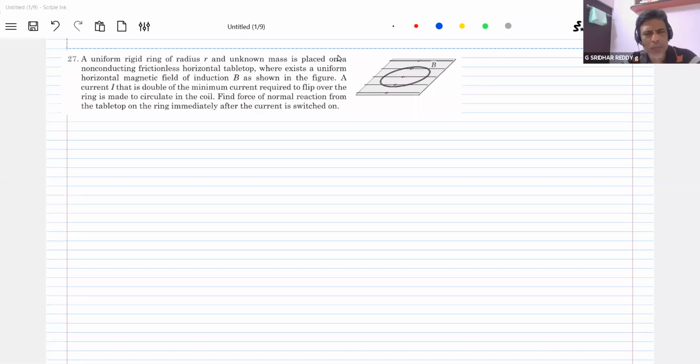So today we'll discuss some application problems related to ampere force, dipole moment, and next we'll go for the cyclotron, which is not there for advance, only for mains it is there. It's just only a small one diagram, one formula, but very important for mains, nothing to do with advance. So first we'll discuss a few problems about the dipole moment.